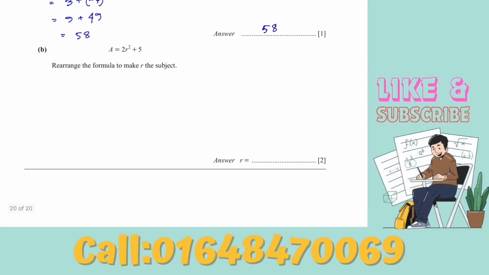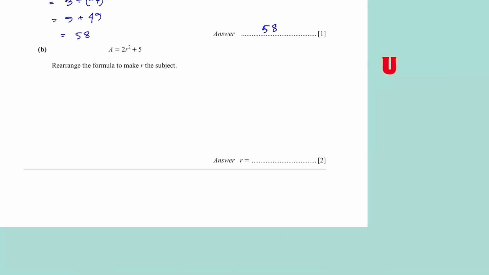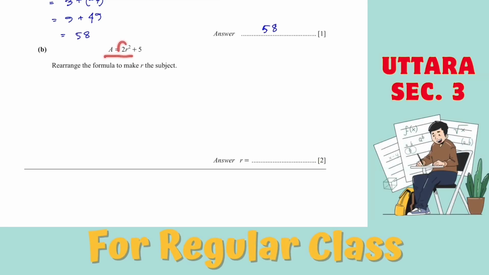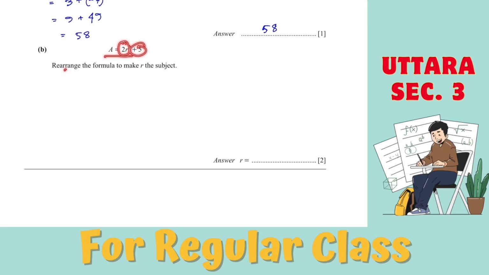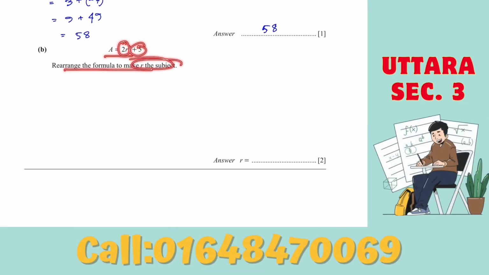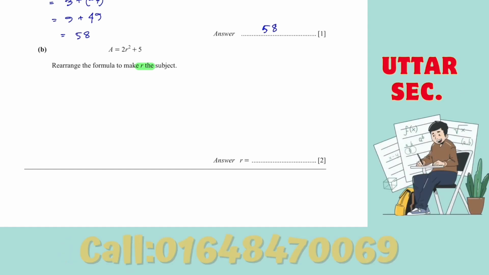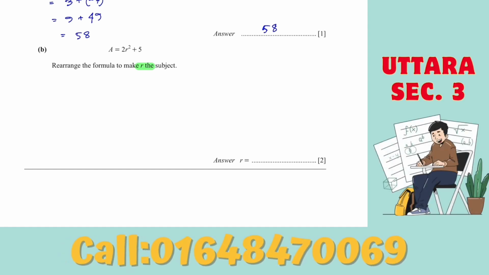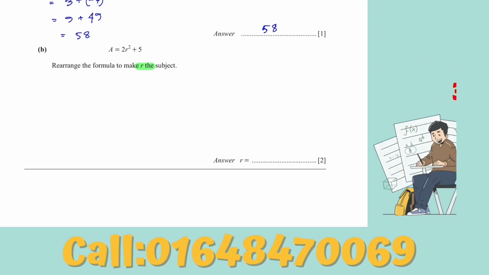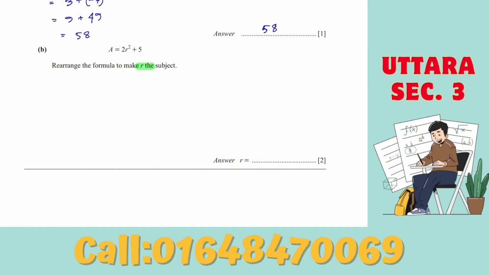So the b number, what is this, that a plus 2r square plus 5, rearrange the formula and make r subject. কাকে সাবজেক্ট বানাতে বলছে, r কে সাবজেক্ট বানাতে বলছে, সো আমাদেরকে r কে এক সাইডে রাখতে হবে, তাই তো? ওকে, লেটস স্টার্ট ইট।